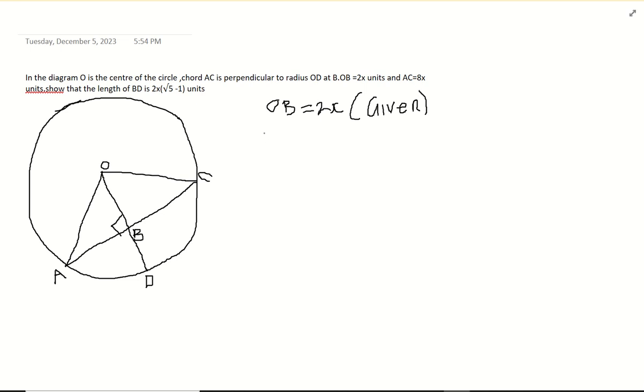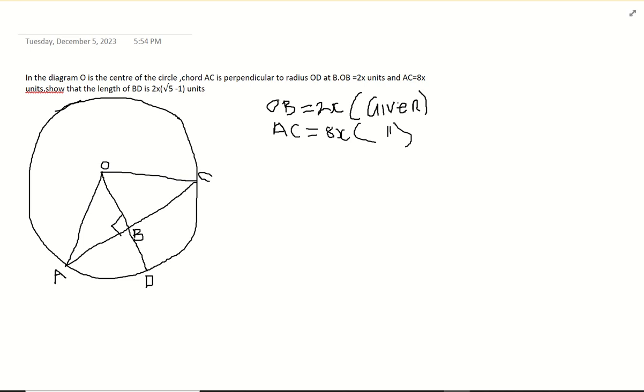Then another thing that we know is that AC is equal to 8x, and it is also given. So I just wrote this because I'm not writing in a book. So you guys, when you are practicing maths, you should write given in your book or even in a maths